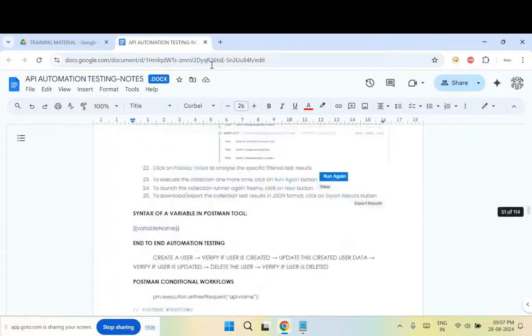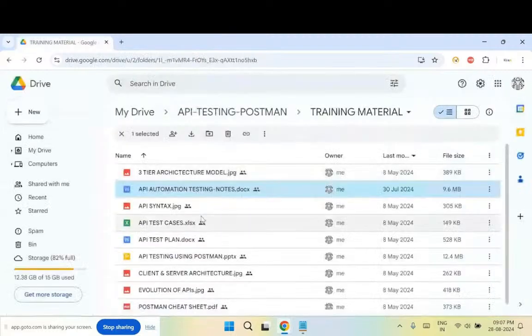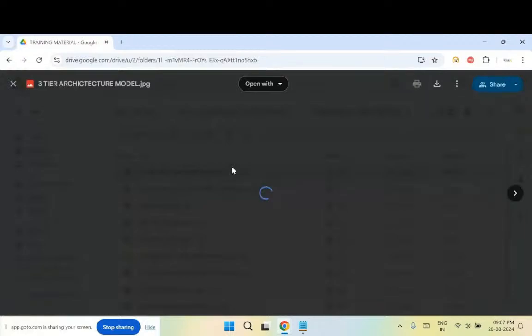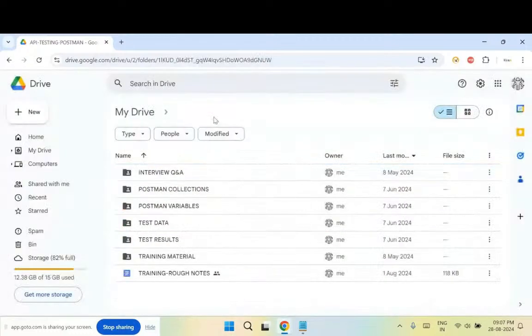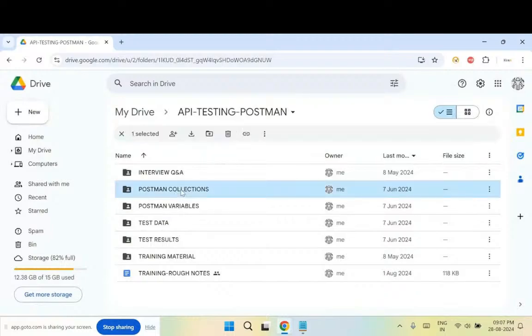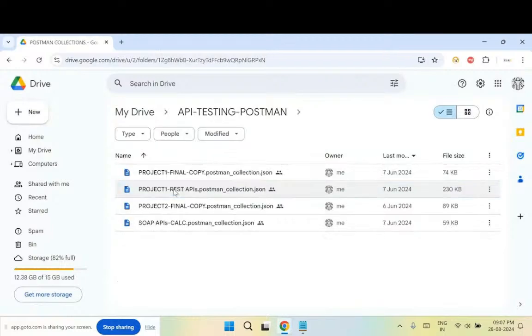Certain diagrams that we discussed during the training program are also made readily available so that you can refer to them during our training program. Whatever automation scripts we write and the project work we do will be available in this folder called Postman Collections.